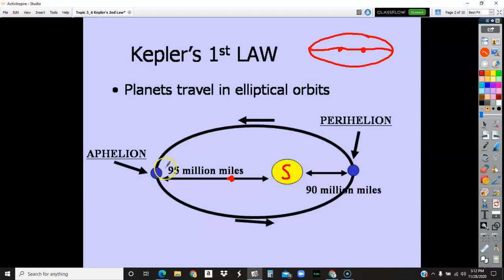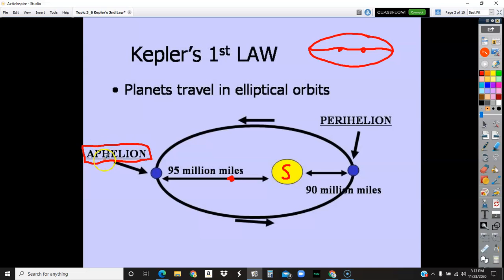Because we travel in elliptical orbits, and the sun is at one of these foci, the distance between a planet and the sun is going to change. If we were in a perfect circle, that wouldn't be the case. Our distance would always be the same no matter what day, month, etc. But because we do change our distance, we have two new terms here. When the Earth is furthest from the sun, that's called aphelion,